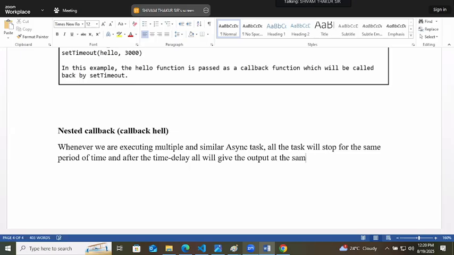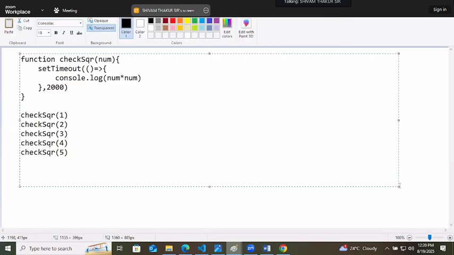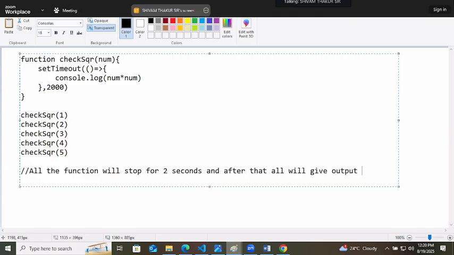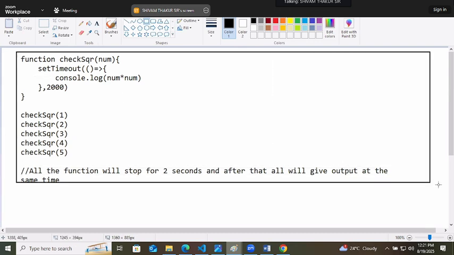We are checking that here also: if we write our code like this, all the functions will stop for 2 seconds and after that all will give output quickly, all at the same time. So in this example, we have already checked that yes, that is happening here.